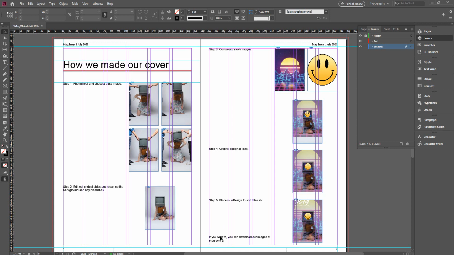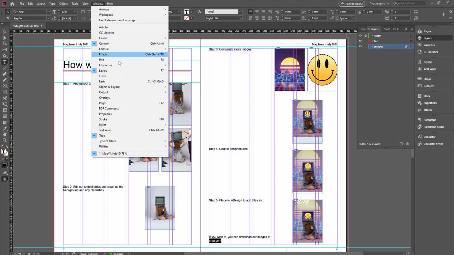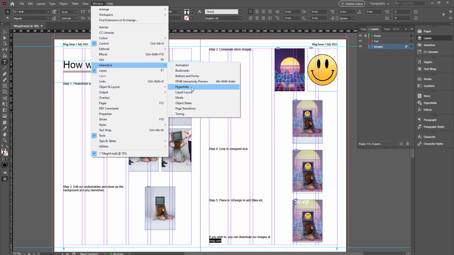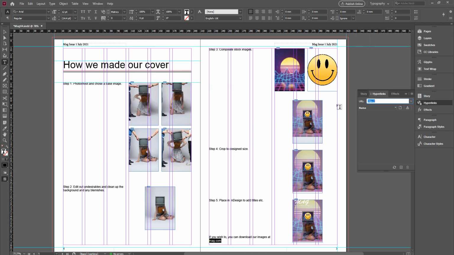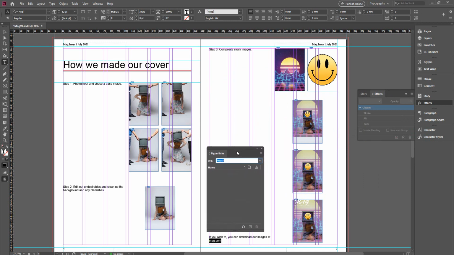And what I'm going to do is now change this bit, mag.com, to a hyperlink. So I'm going to select mag.com, and if we go to Window, Interactive, Hyperlinks. So Window, Interactive, Hyperlinks. I'm going to undock it just so we can see what's going on. And we can actually type in a full URL. If you're typing a URL, don't just type, for example, www. It's got to be the full thing. So http in this example,